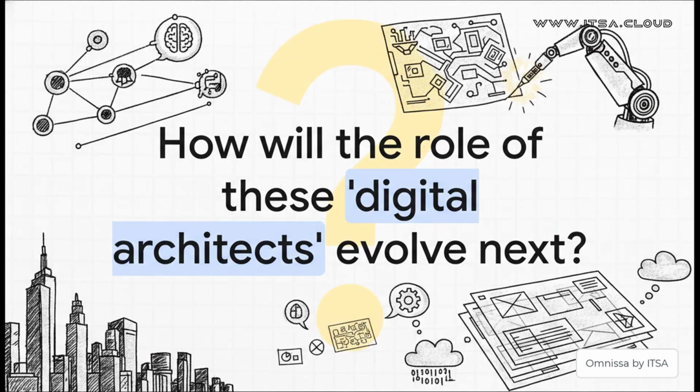And that brings us to a final thought. We've seen just how critical this digital architect is today for building our virtual worlds. But as automation and AI get more and more integrated into everything we do, how do you think its role is going to change? What new kinds of blueprints will it need to start designing for us next? Definitely something to think about.